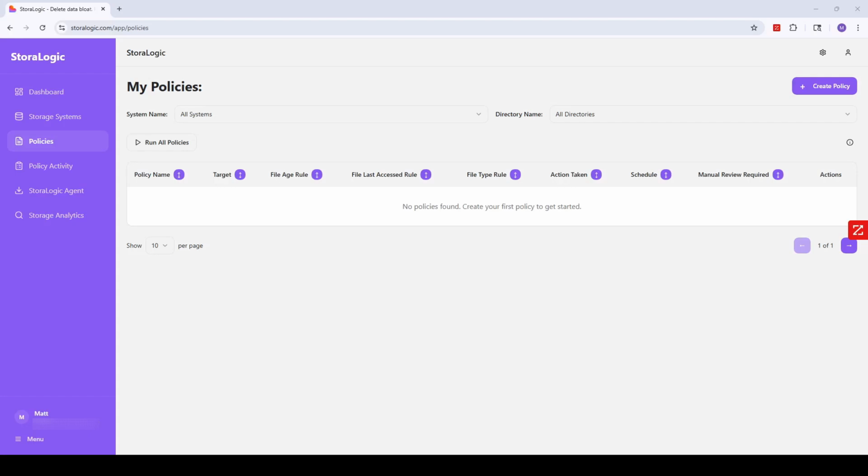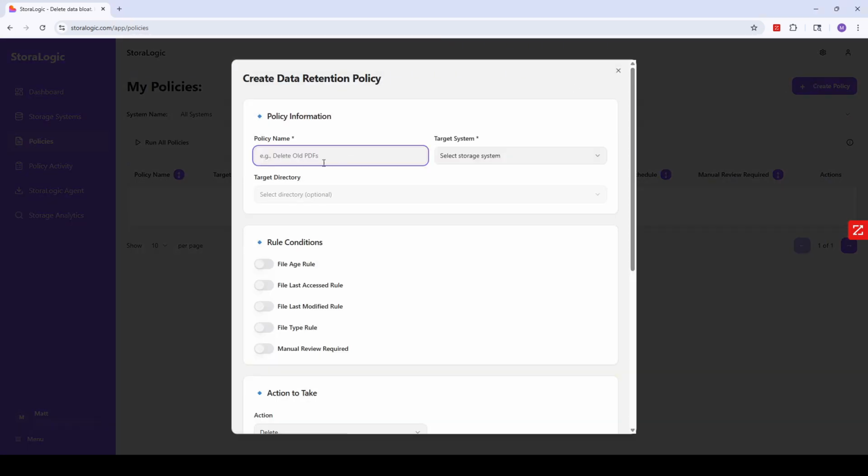That we've navigated to our policies page, very similar to the storage systems, you will see a button in the top right that says create policy. We will go ahead and click that. So now we will name ours, let's say we are a school district, and we want to delete graduated files. So we will call this delete